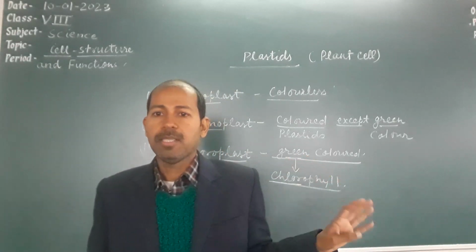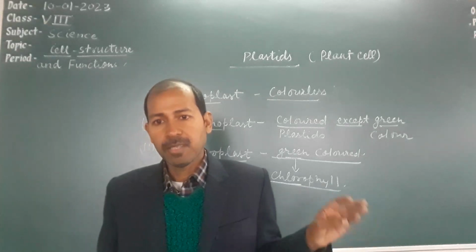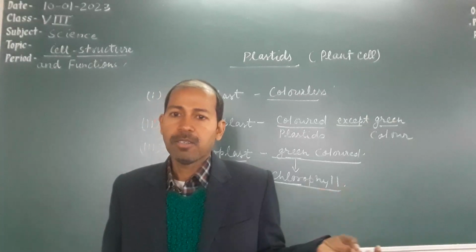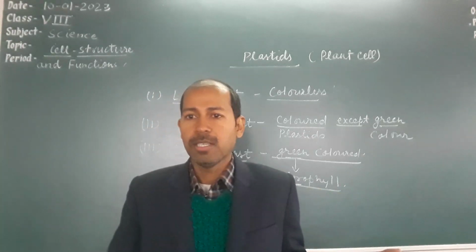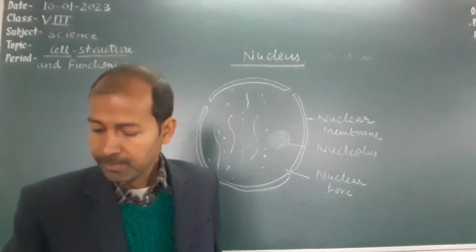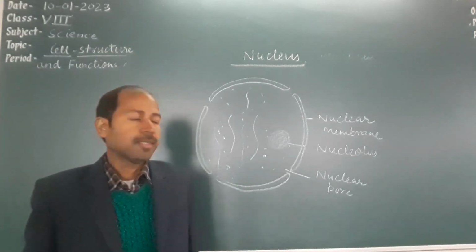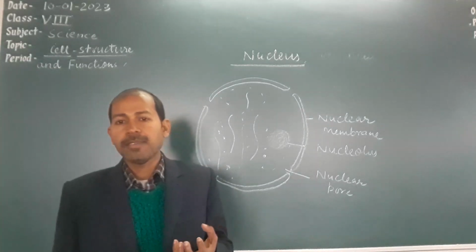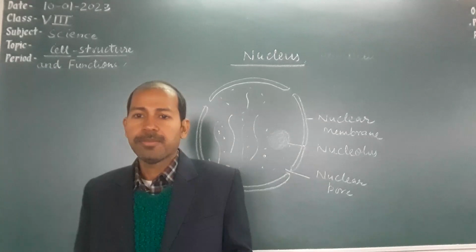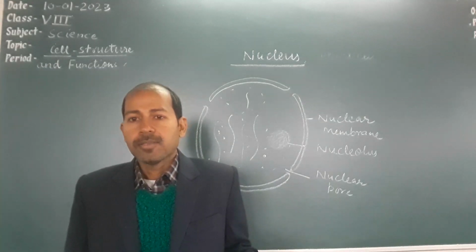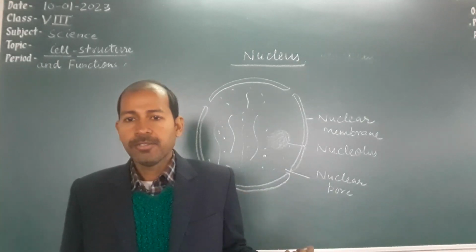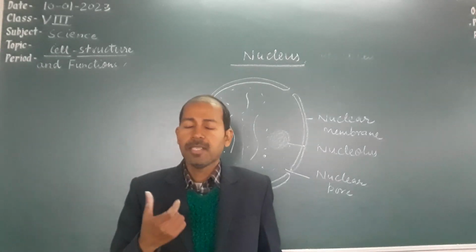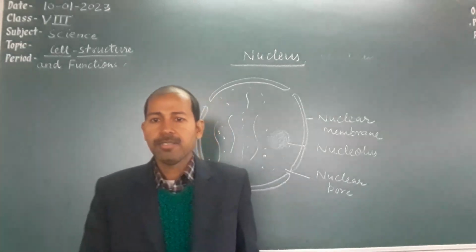So these are the two parts. The first part you have read, that is the cell membrane. The second part is cytoplasm. And now I will discuss the third part, that is called the nucleus. The third part of the cell, that is the nucleus. If you see the structure of the nucleus in the activity, you have seen that the nucleus is a spherical or round shape structure, and it is found in all cells,